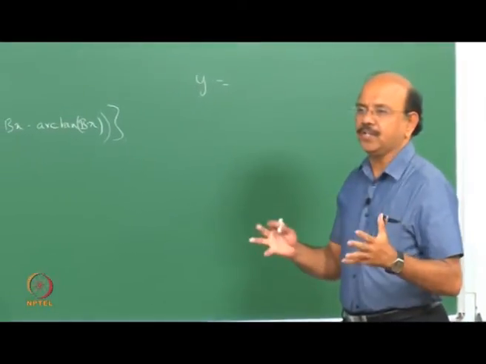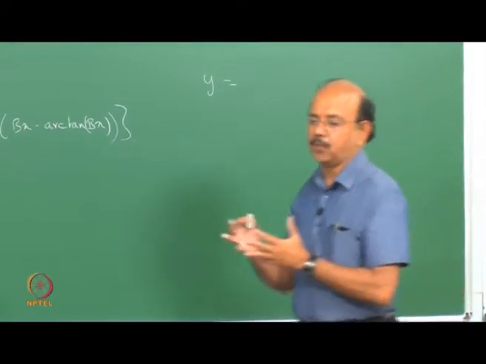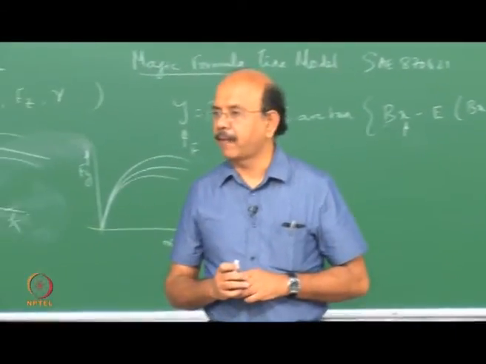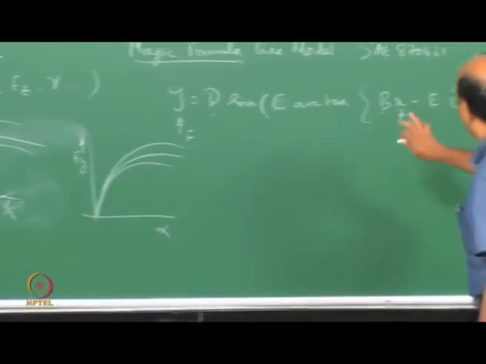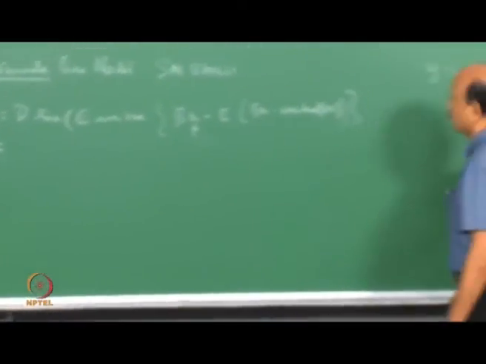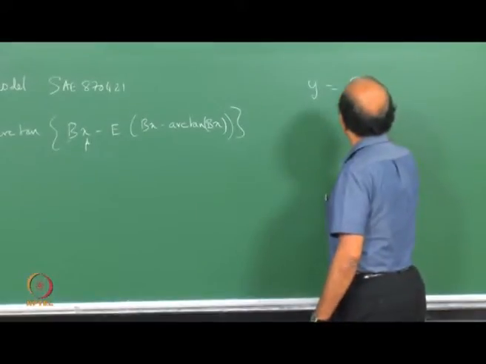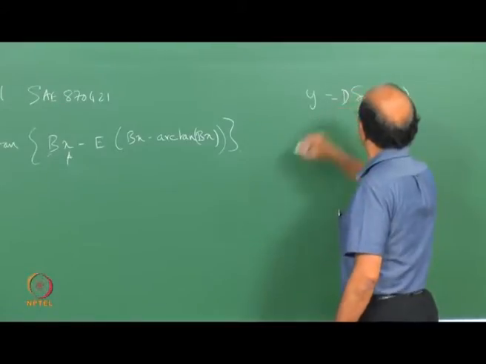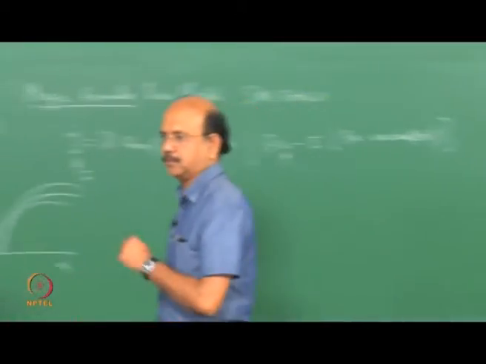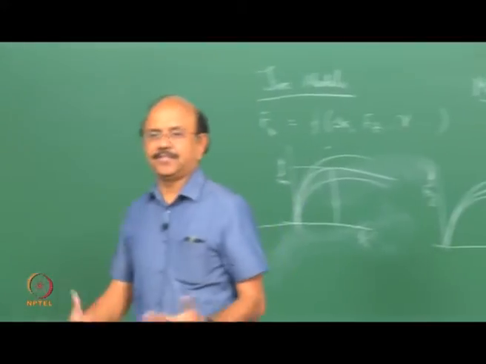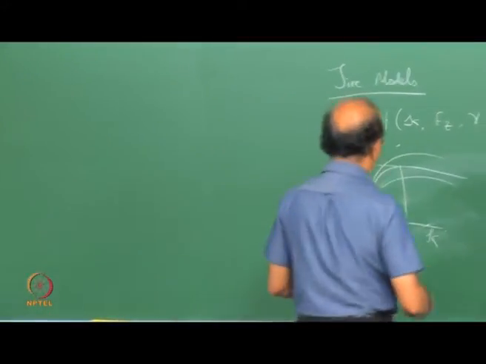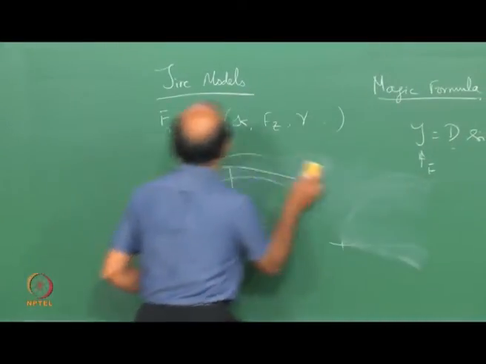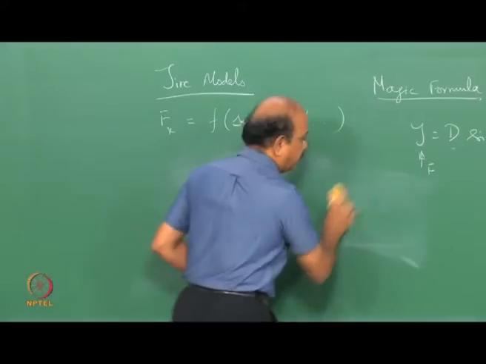So what they did initially was to see whether this whole thing can be given by a very simple formula. Okay. Now I'm going to modify this. Please wait for me for a minute. So they wanted to know whether they can just put D sine Bx. They first wanted to do this. This didn't work. Let's get back to all the three curves, and you will see why it's not going to be easy to work.